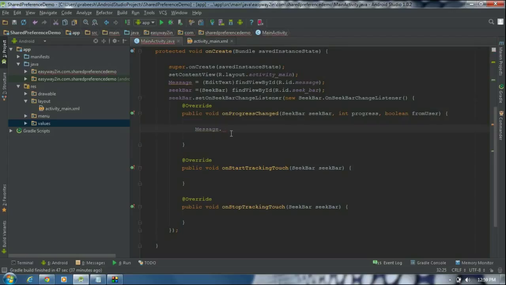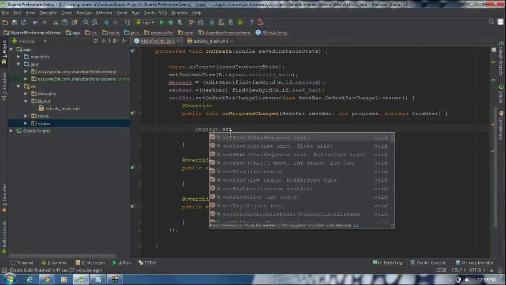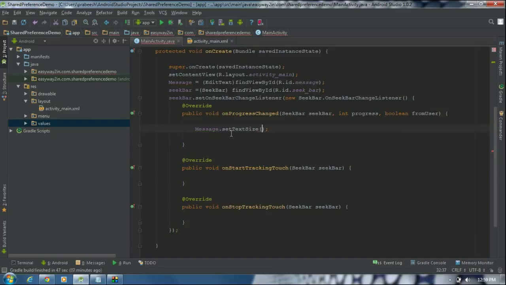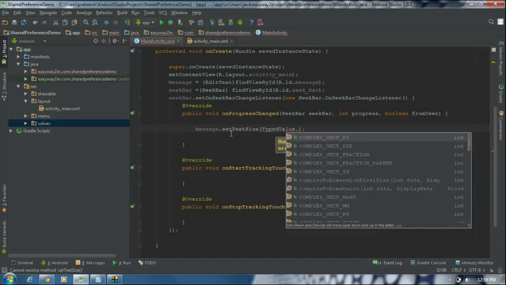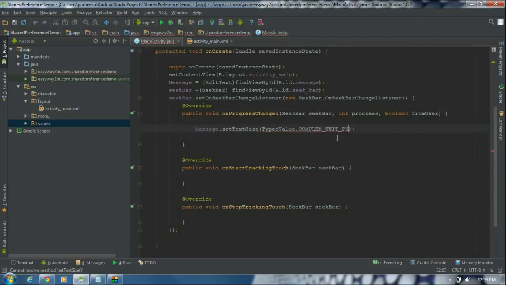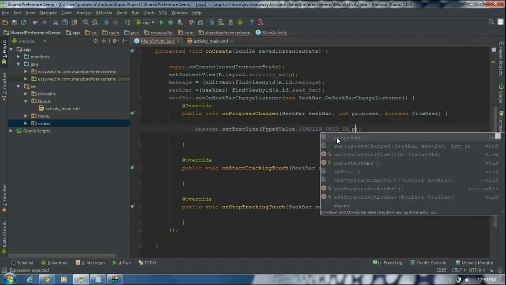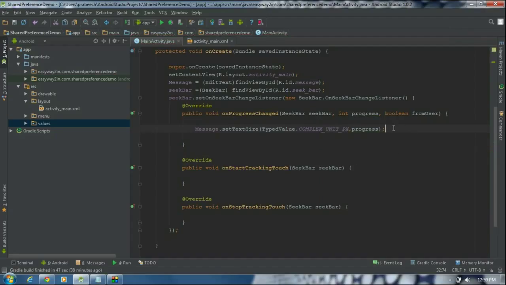So message dot set text size. The first argument is, use this one, type the value dot, use this first information complex unit px, and the second one is, here I am going to use the progress of the seek bar. So if the user drags the seek bar, it will change the font size of the edit text based on the progress of the seek bar. Okay,